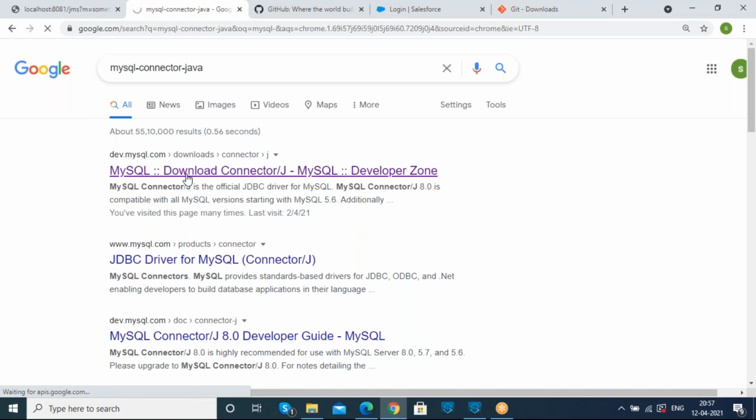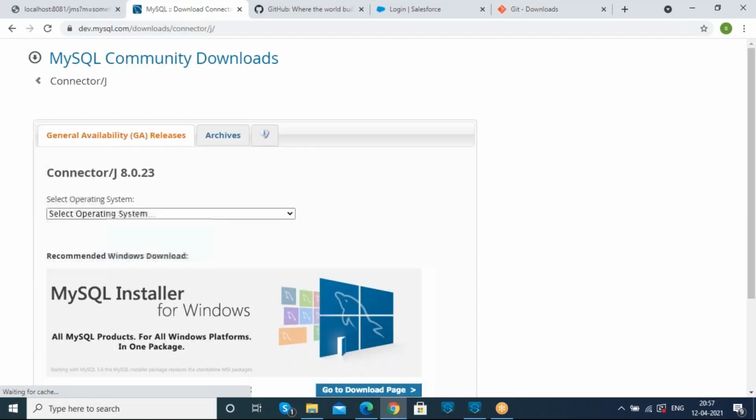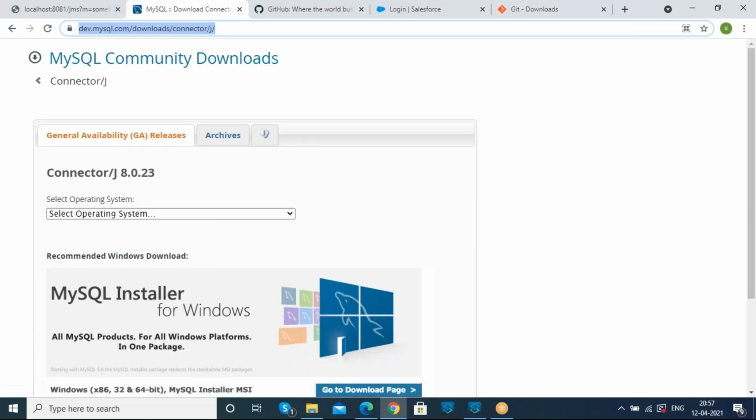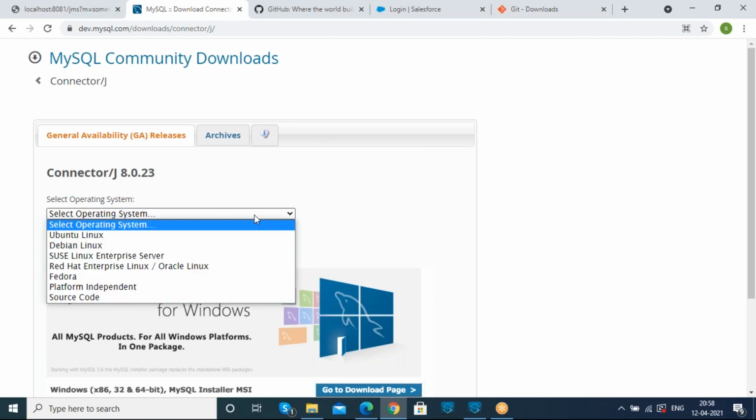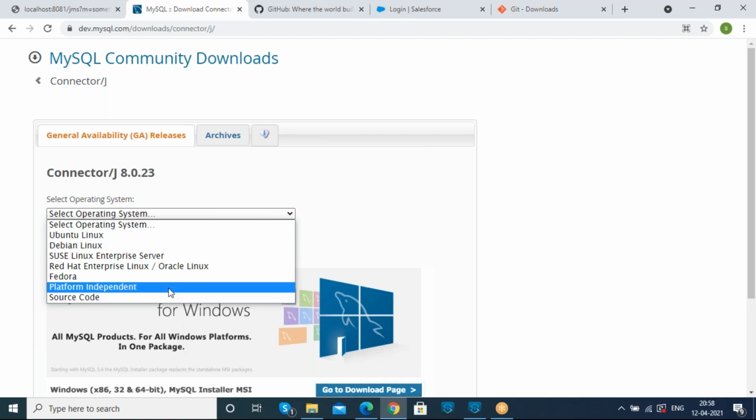If you type it in Google, this is the URL, and I'm going to share it with you. Here it asks which version to choose. If you are using Windows, choose platform independent.